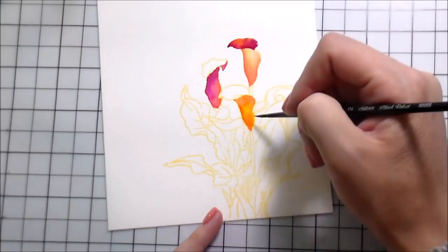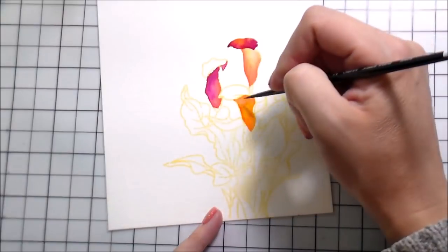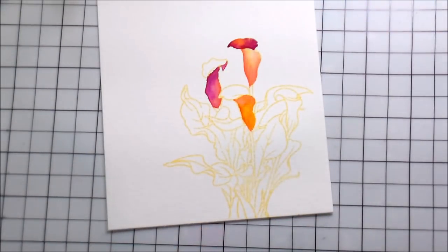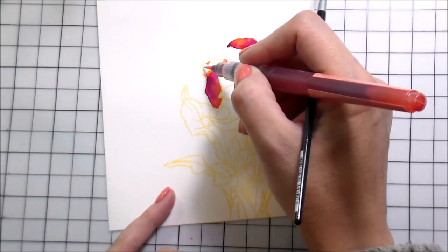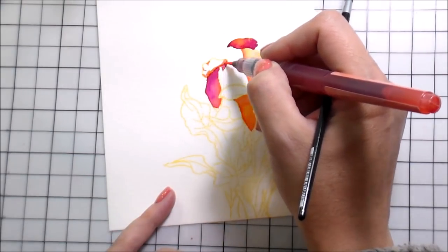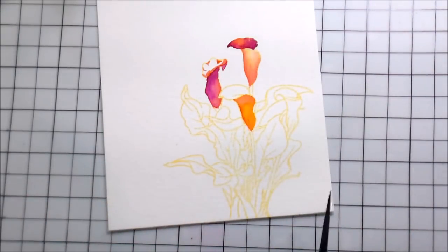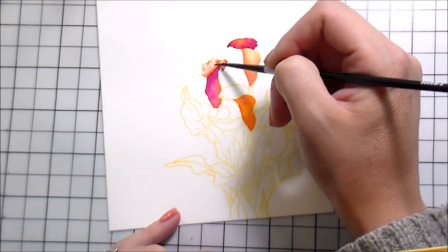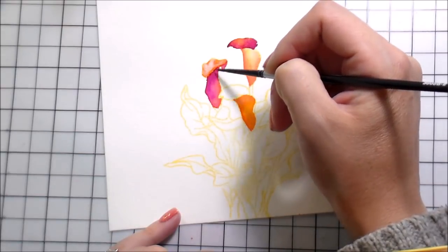So that way your image stays super crisp. That is the point, for me, of having a really controlled watercolor technique: to make sure that all of my image lines are what I want them to be, and that it's not messy and it's not flowy, that everything stays where it's intended. So I'm just going through and doing the same application over and over again, and I will do the leaves